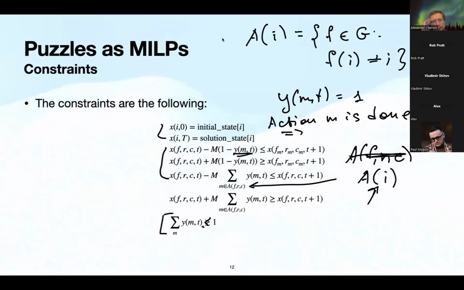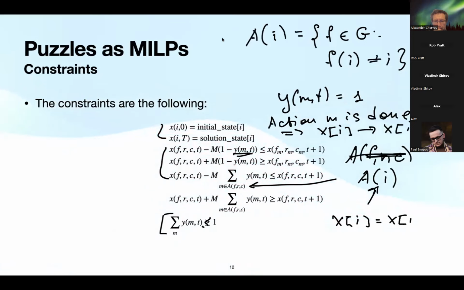Therefore, the element at position y is moved to some other element, which is denoted as ym, and therefore its value, which is the color, should be equal to the value of ym at the next step, step t plus 1.